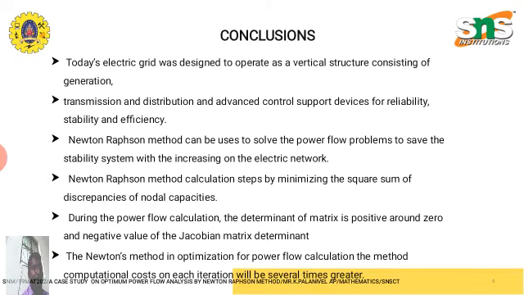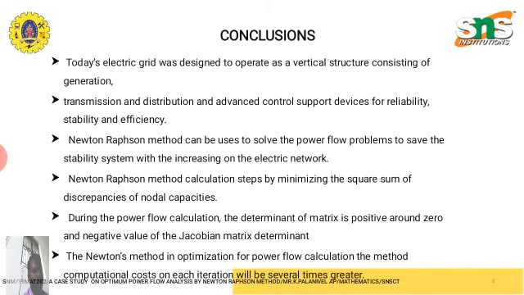Today's electric grid was designed to operate as a vertical structure consisting of generation, transmission and distribution, and advanced control support devices for reliability, stability and efficiency. The Newton-Raphson method can be used to solve the power flow problems to keep the system stable with the increasing load on the electric network. The Newton-Raphson method calculates step by step, minimizing the square sum of discrepancies of nodal capacities during the